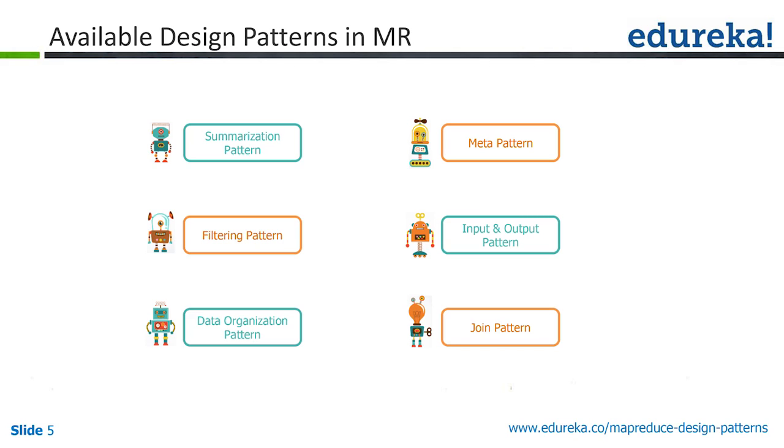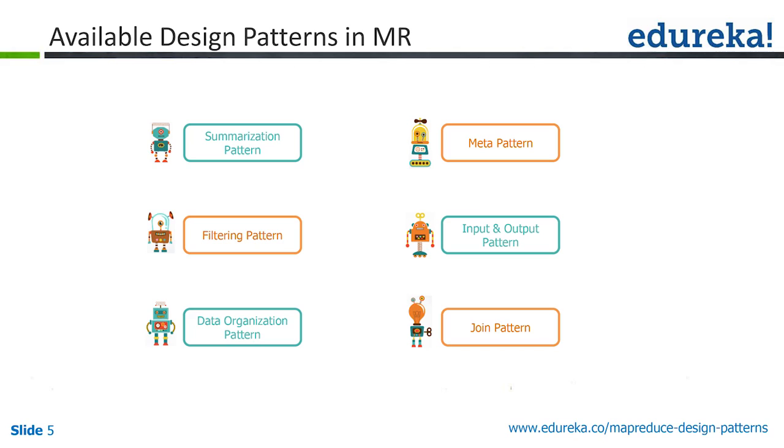So there's a total order sort, which is also called the global sorting. And then you have secondary sorting. And these two have nuances and usefulness of their own. So we discuss these patterns as part of that